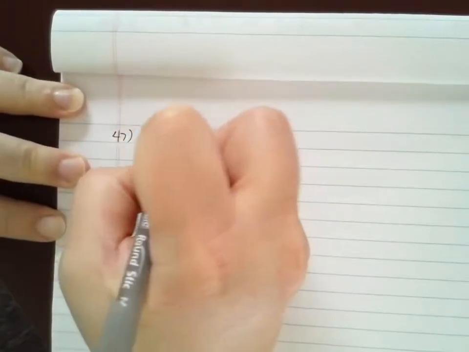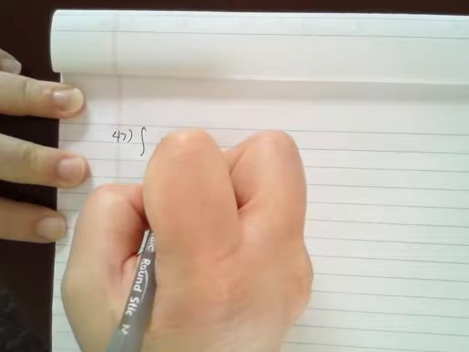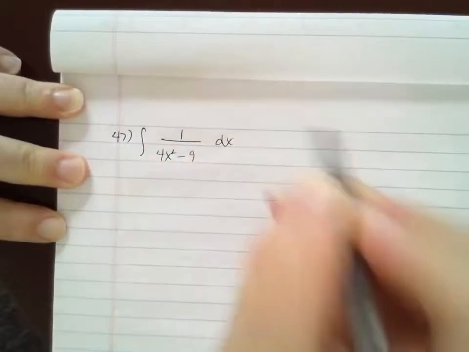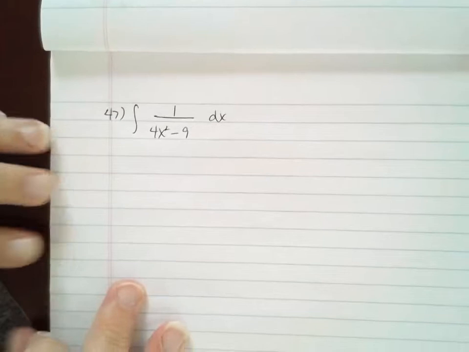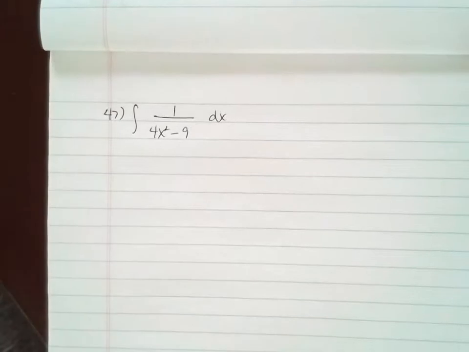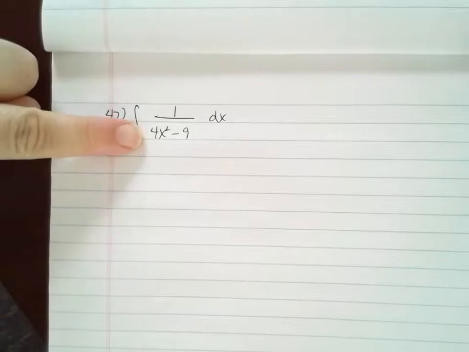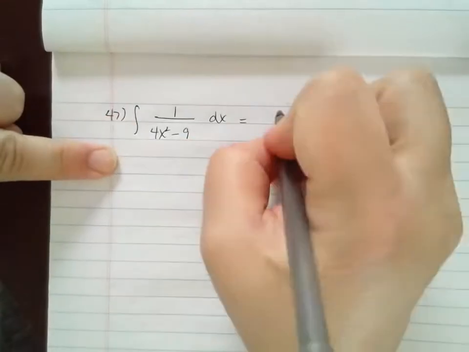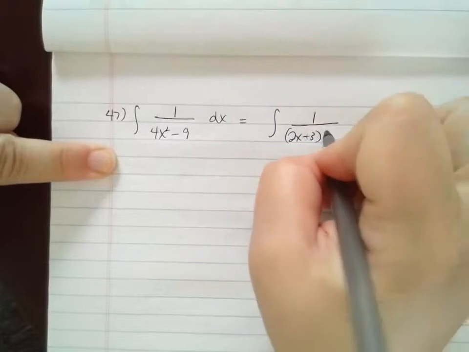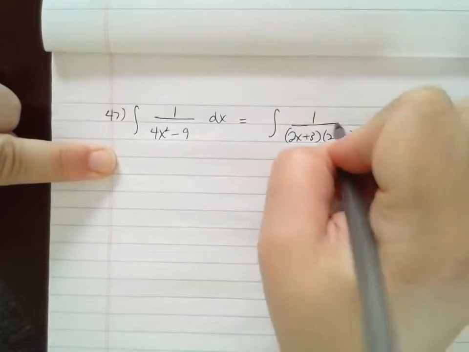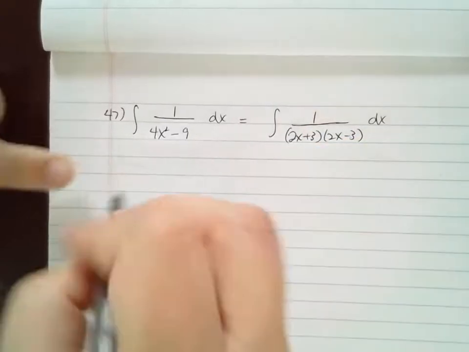Now we're doing partial fractions. We've got 1 over 4x squared minus 9 dx. Partial fractions means that these denominators can be factored down into linear and irreducible quadratics. This is factorable. It's equivalent to 2x plus 3 and 2x minus 3. Because both of those are linear,